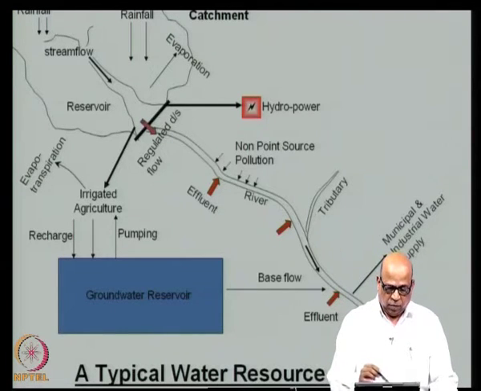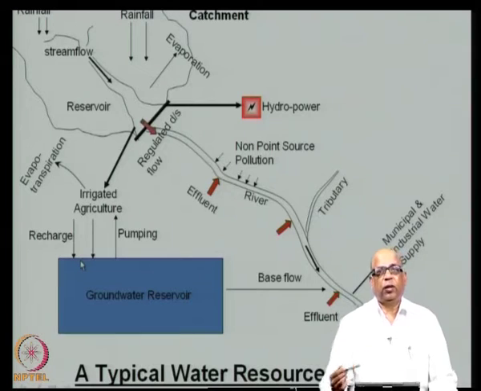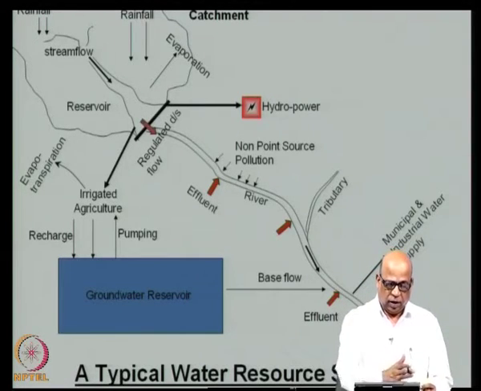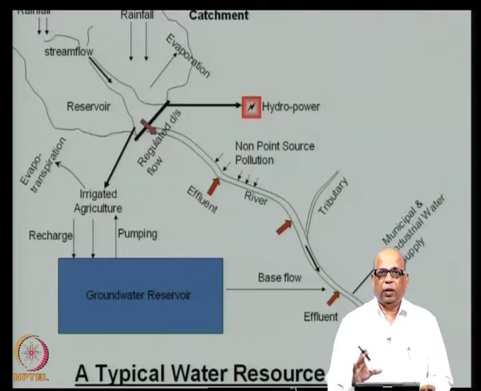Yet another way of doing it is simply to ignore the surface water systems and look only at the groundwater system: how much can be pumped given how much is coming as recharge, and what kind of groundwater level fluctuations are happening on this particular aquifer, and so on. So, you can analyze various components separately, or you may have an exercise in which you would like to look at the entire system and then optimally operate and optimally plan for the development of the entire system.